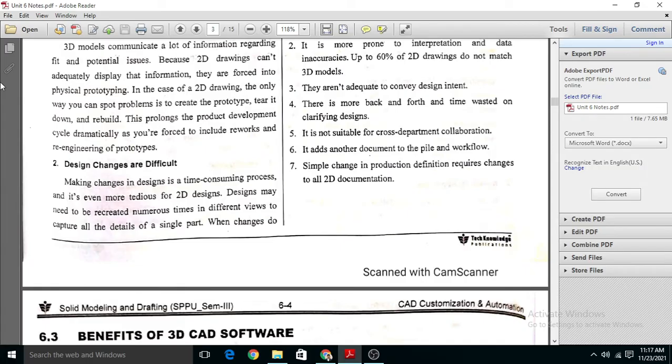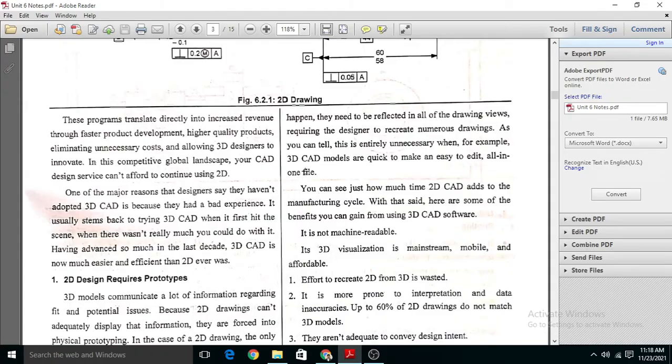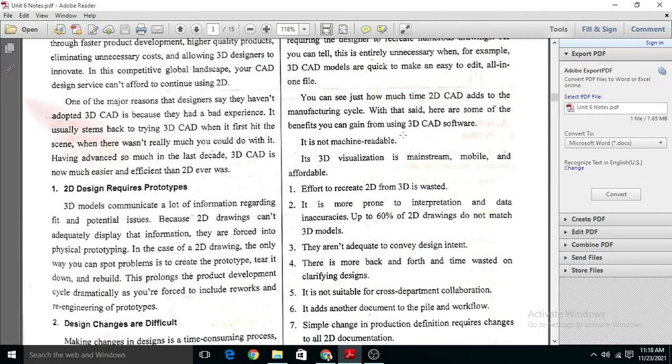So it is very difficult to change the design if we go through the 2D drawing. But if we go through the 3D drawing, then it is easy. We can make the change in the assembly or our model easily without spending much time on that. So this is another disadvantage or limitation of the 2D drawing.